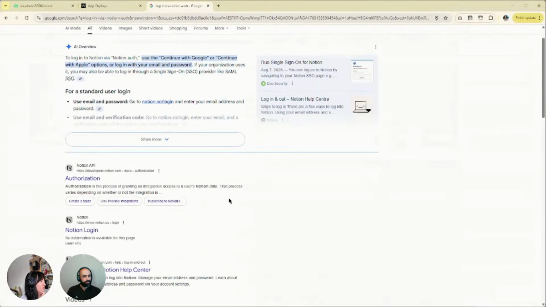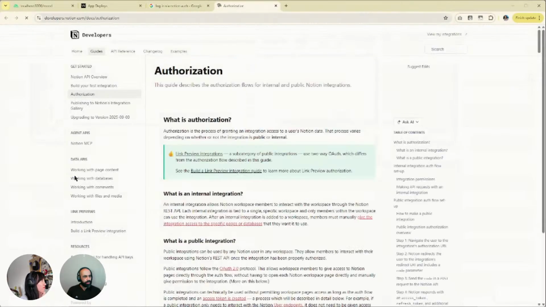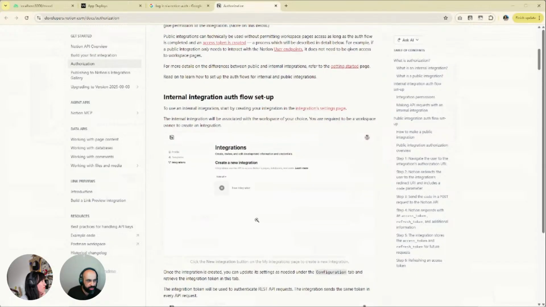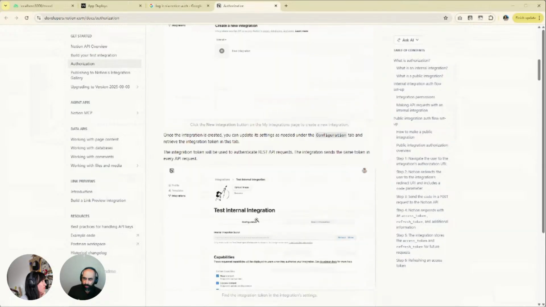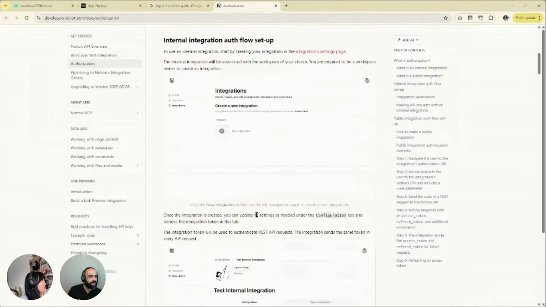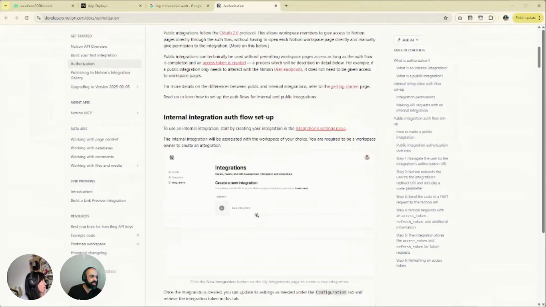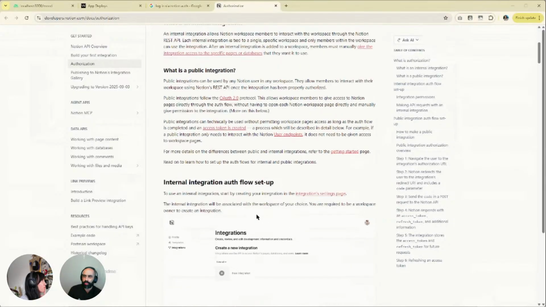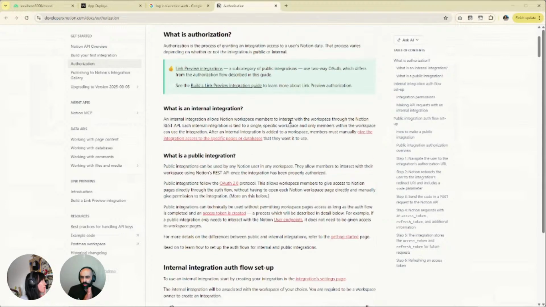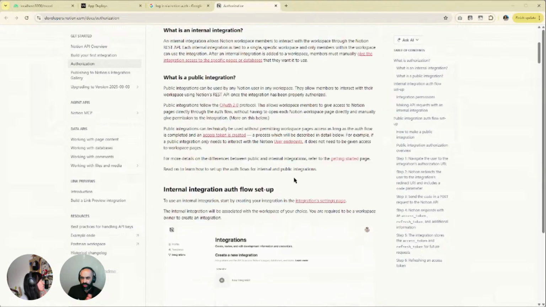My assumption here is that what you have to do is create a Notion app, and then enable OAuth login authorization through that app, and then very similar to login with Google, you'll have a login with Notion button, which redirects you to Notion.